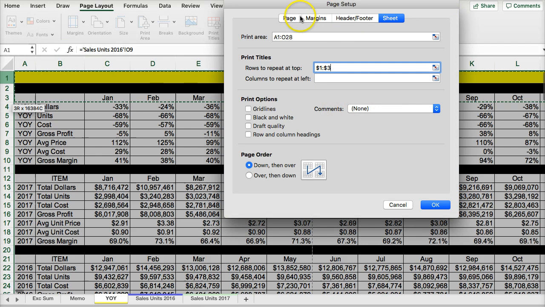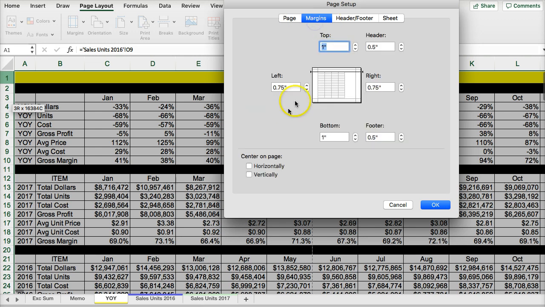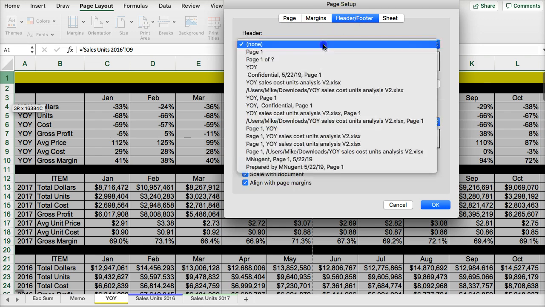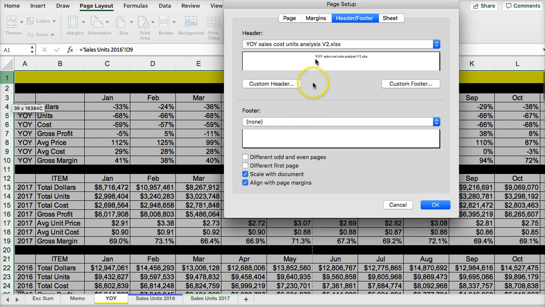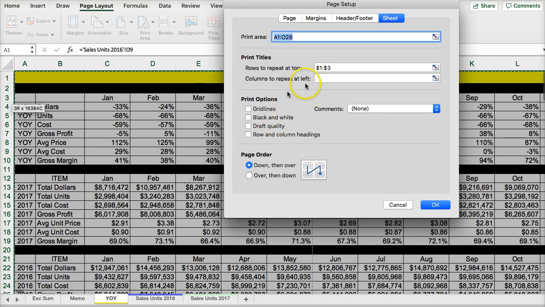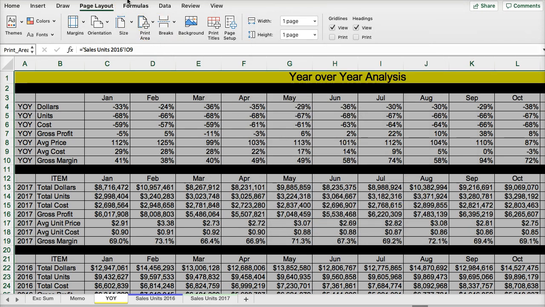And then I'm going to do landscape. I'm going to say try to fit this to 1 page. Margins, I might shrink my margins a little bit to make it fit better. I could put in a header, which could be the actual title of the file, and then the footer and the sheet. And you can say OK. And then if I go to hit actually print,